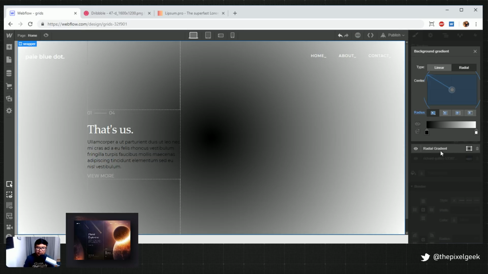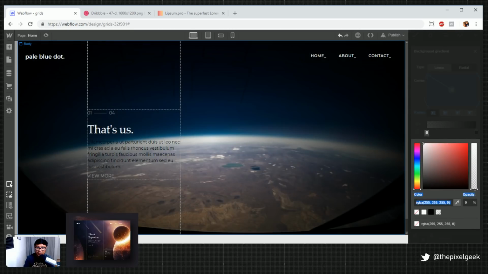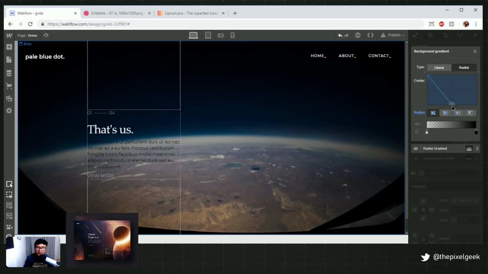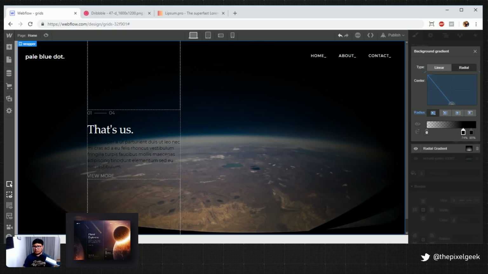So let's do this. How about we do a radial. And we switch it. And then this one will be opacity black. And we'll start from the bottom.